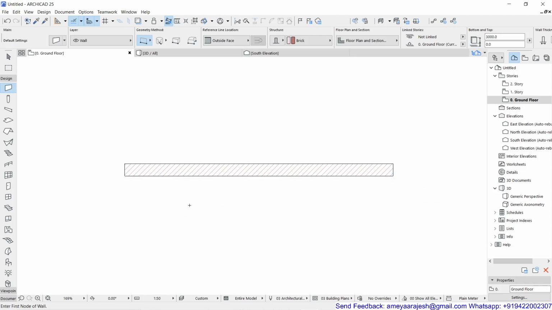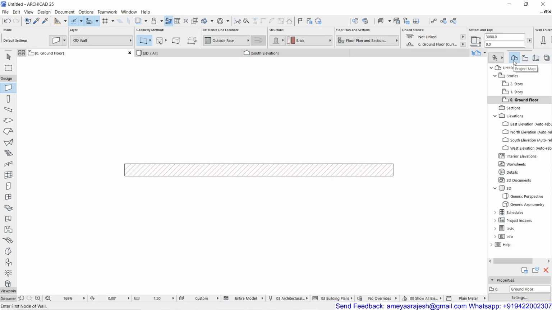Now how to see this object in 3D? Obviously you can see that there is a 3D window tab available at the top. Either you click on this tab, or otherwise in the navigator in the project map, make sure you're not working with the view map or layout book or publisher set.